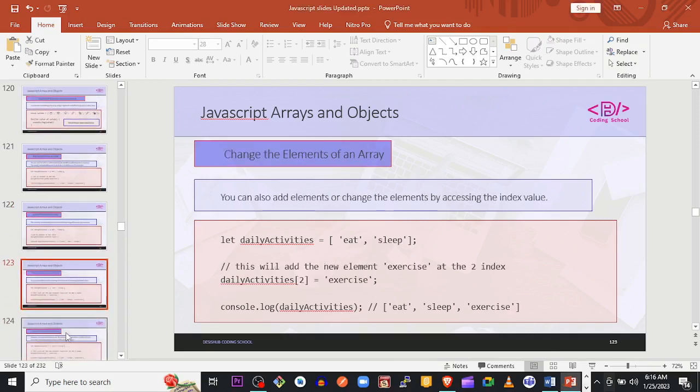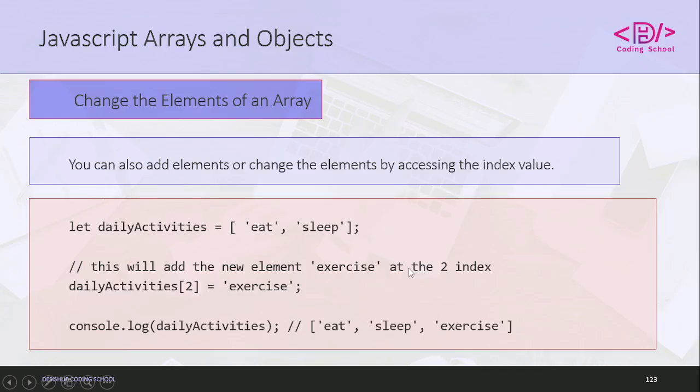So another one is changing the elements of an array. You can change, or modify, an element in the array. For instance, you remember this daily activities array is having 2 items at this point. We know how to access an item at a particular index. So you can say daily activities at index 2 is equal to exercise. And if you do this,